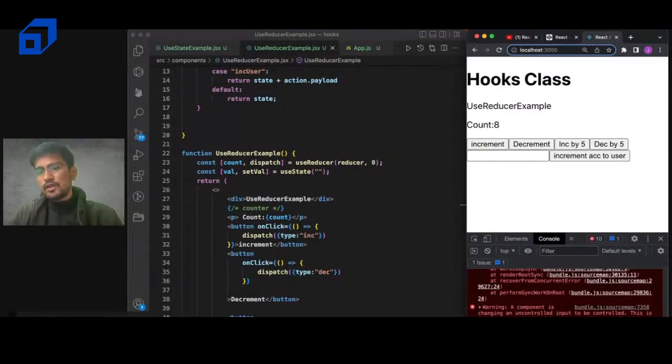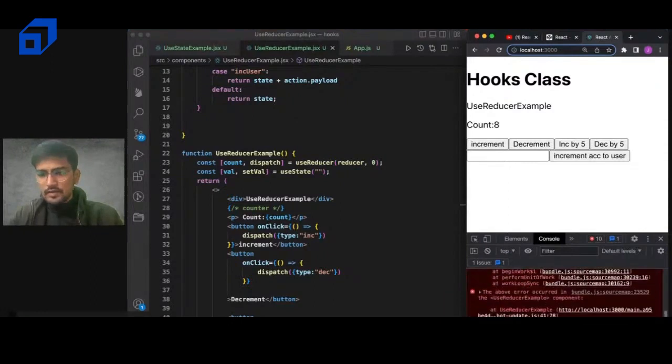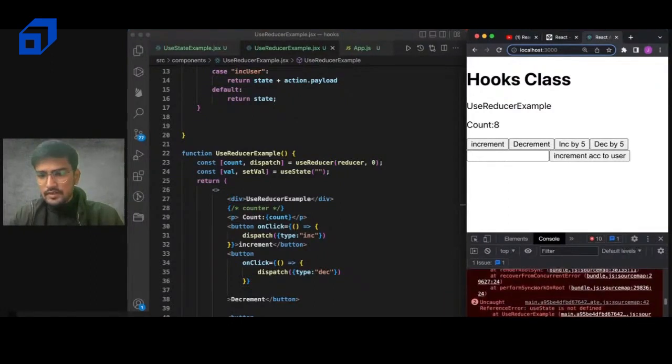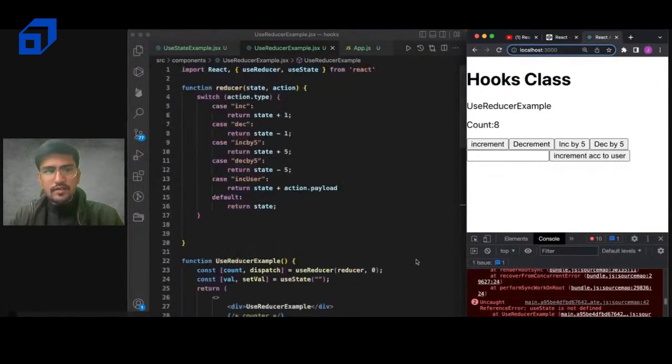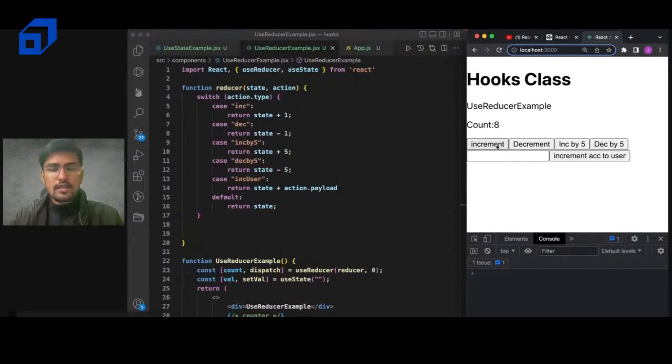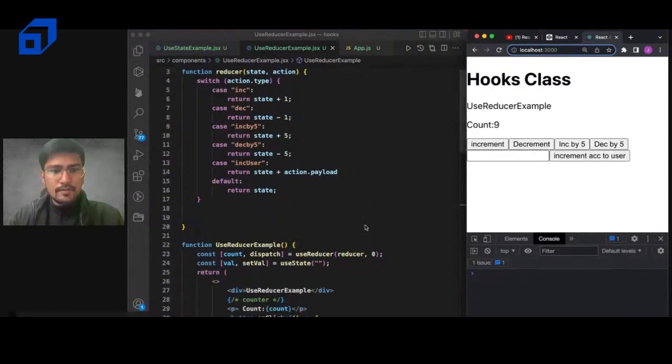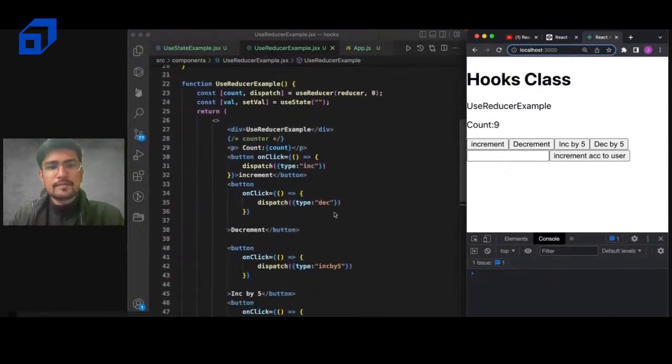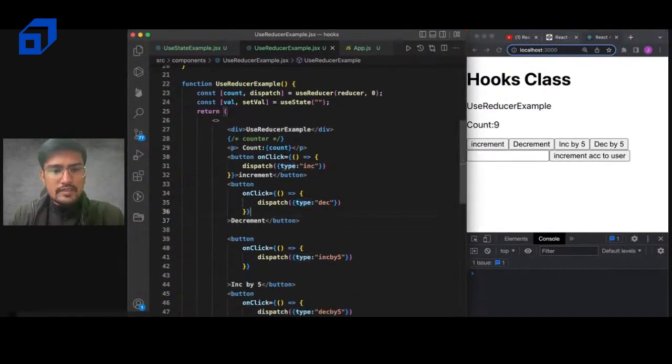This is likely caused by the, there is a reference error. useState is not defined. Okay, it is defined. Increment is working. Decrement is not working. So when I just pass the type decrement, when it is called,